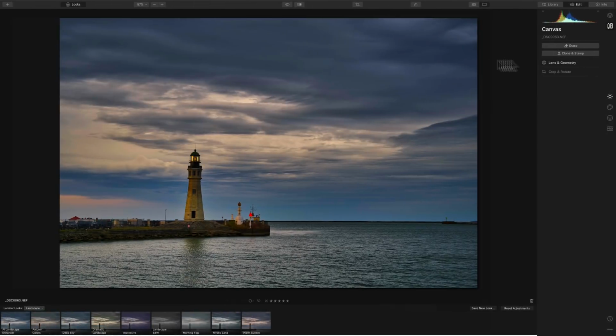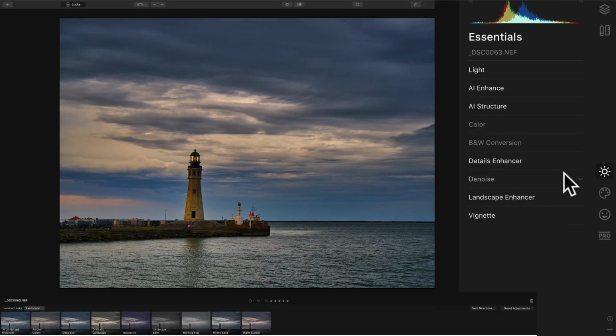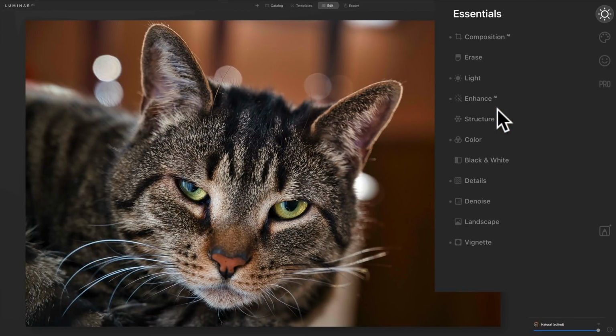Now let's go back up to the Essentials panel of both applications. What you'll find is when you're in Luminar 4, there's 9 different controls here, from light at the top all the way to vignette at the bottom. 2 of these are AI. One is called AI Enhance, and the other one is called AI Structure. If we go over to the Essentials panel of Luminar AI, and we ignore the 2 tools at the top, Composition AI and Erase, and we just look at light down to vignette, you'll find that there's 9 tools, and 2 of them are AI. So it's pretty much identical